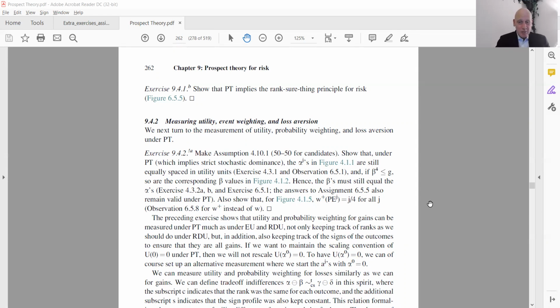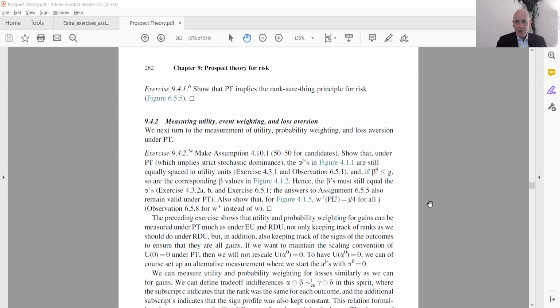So still, the experiment was measuring the utility function for gains, and it was measuring the weighting function for probability, the gain weighting function. So we know how to do that. And you can imagine we can do the same thing for losses. So also for losses, we can measure the utility function and then the loss weighting function. And then the question I already discussed before: does it mean that we can handle everything? We can handle gains and losses, so we can handle everything. Can we entirely measure prospect theory using what we did in the experiment? And we discussed it before.